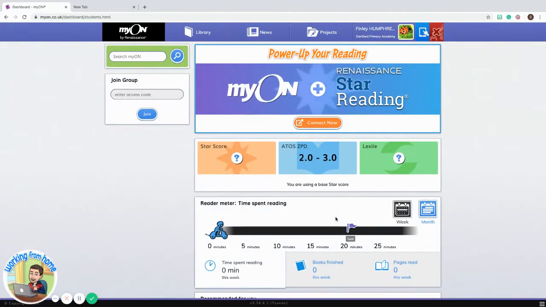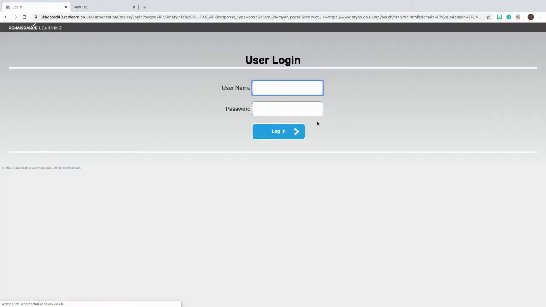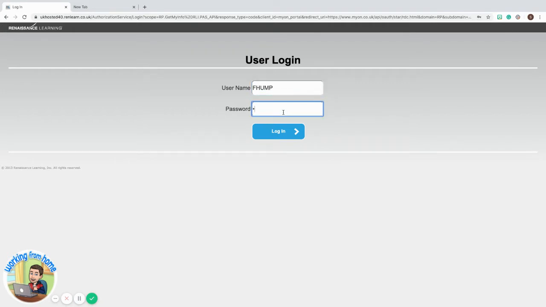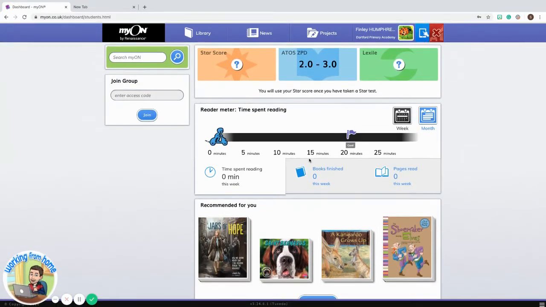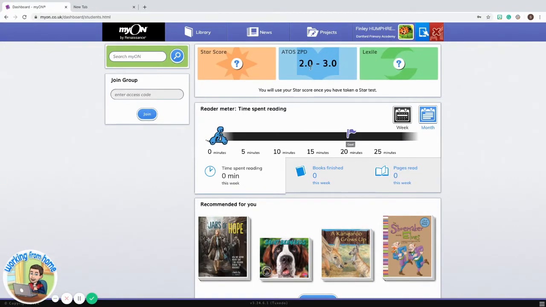Now, another exciting feature of this program is that Myon links to the Accelerated Reader program. So what we can do is if we go on to Connect Now, it will take us to the Accelerated Reader sign-in page. So if I log in to Accelerated Reader, and we'll log on here, it should join the two programs, and that will now give me an effective ZPD program of which my recommendations